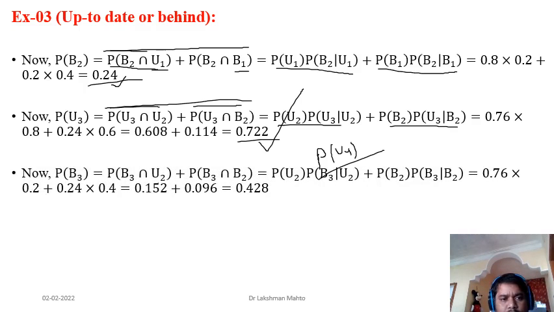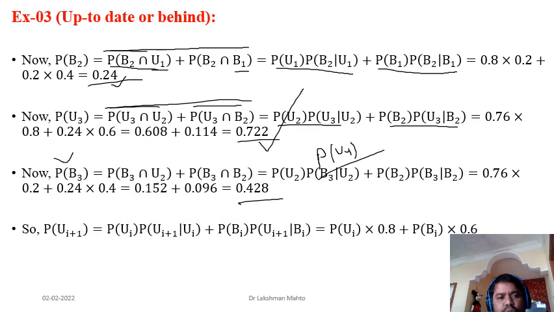I have already calculated the probability of B3 as well, but it was not needed in that question. Additionally, I have calculated this one, probability of B3. It is coming as 0.28. So what is all this about? It is just an application of total probability, how good you are in applying that definition of total probability.